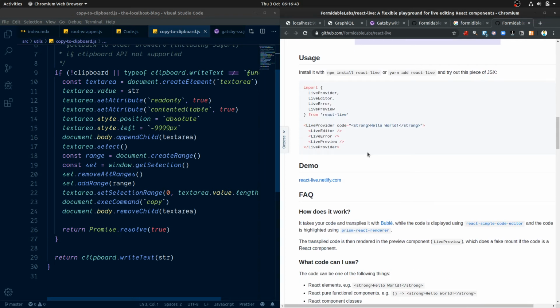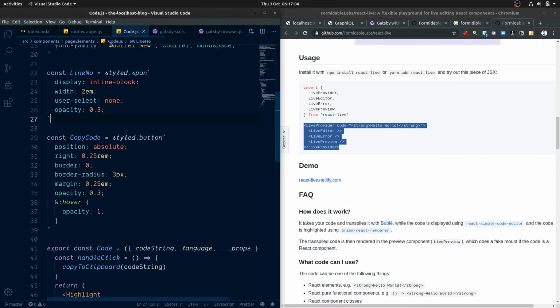Okay, they've changed the GitHub page since I last looked here, but basically all we're going to need, I think, is the provider, the editor, and the preview, and then we're going to have these inside an if block in our code component. So let's close this here,